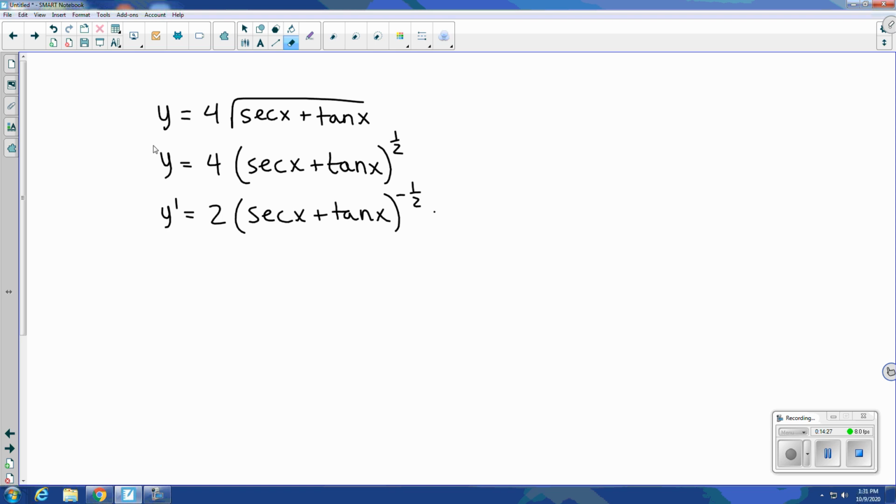Now we're going to have multiple pieces, so we'll section this off. Derivative of secant is secant x tan x, plus the derivative of tangent is secant squared x. And again, the individual secant x and tan x, it's just composed with x. The derivative of x is 1, so if you accidentally use chain rule,